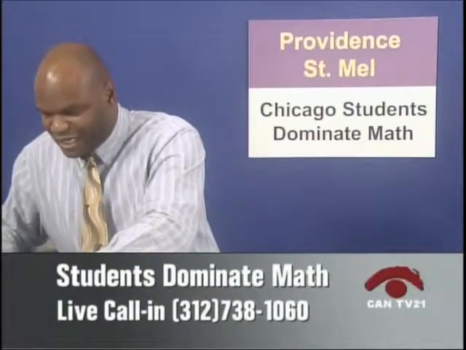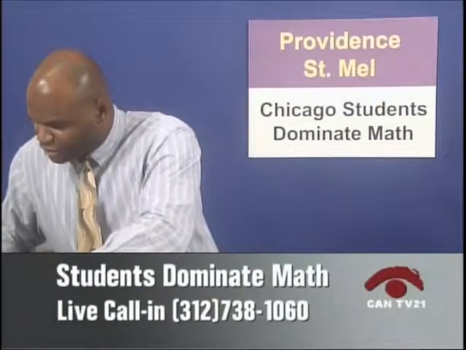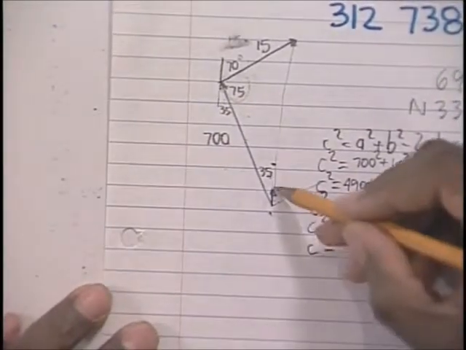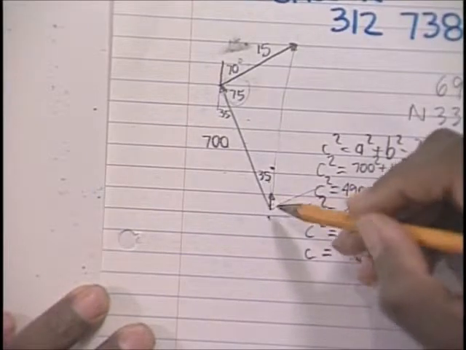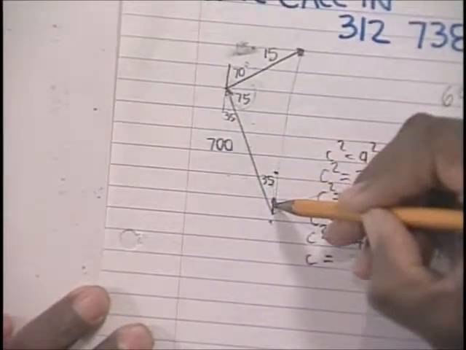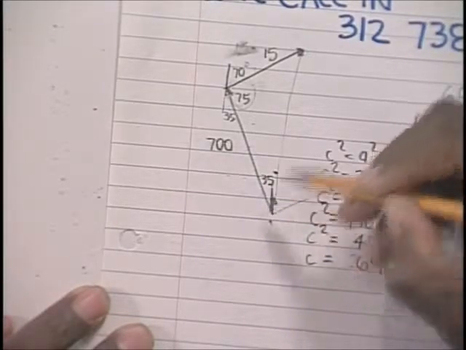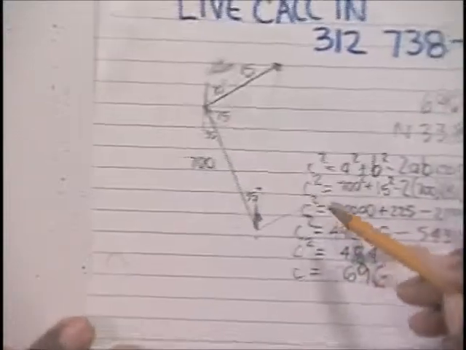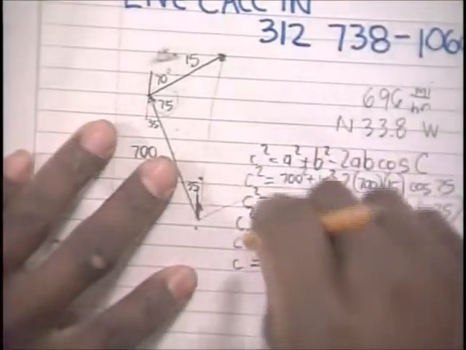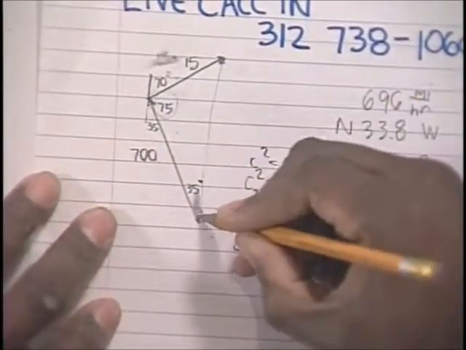All right, so let's take a look at how to get this bearing. What we got to do is get this measured against either north or south. The answer is west of north. So what we're going to have to do is